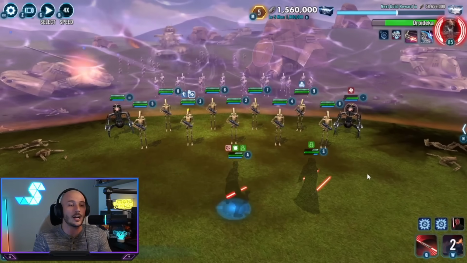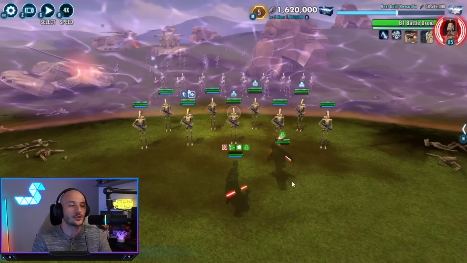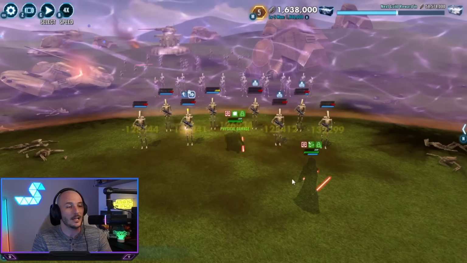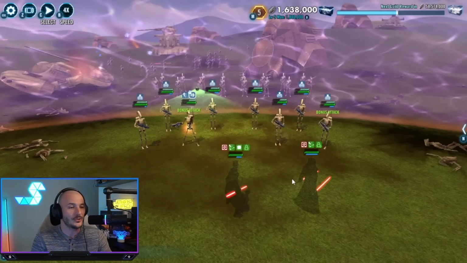Just treat it like you would any other wave. Go after the Droidekas first, and then deal with the command droids, okay? You should have ramped up so much offense at this point that you are basically one-tapping everybody. Nice big AoEs there. Look at that damage coming out of Maul. That is just beautiful. And then I think we've got one coming up from Sidious that's going to do some